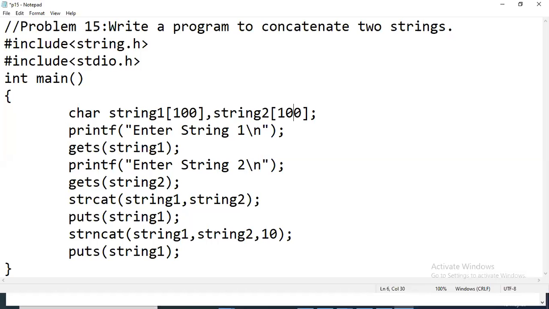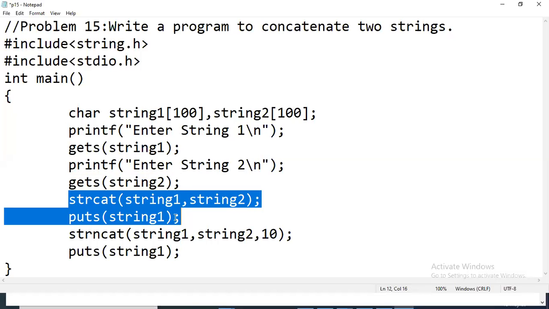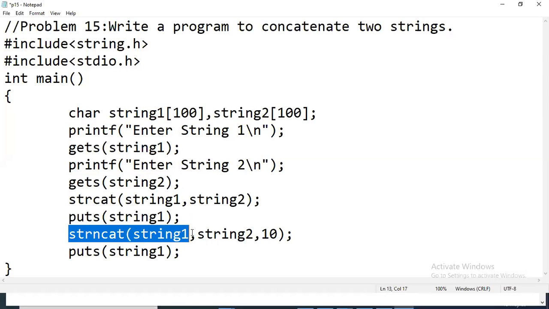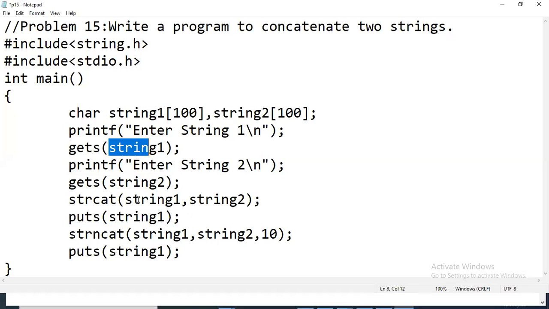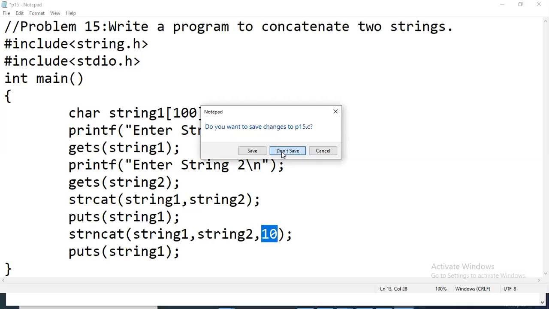So continuing here, we have declared string 1, string 2, taken input for both of them. strcat will concatenate both the strings. Now note that the input whatever we have taken will get changed. So when you see this strncat string 1, it will not take what input we have given. What will it take? The output of strcat, right? So first 10 letters of string 2 will be added to the end of string 1. So let us execute this, then we will be more clear.